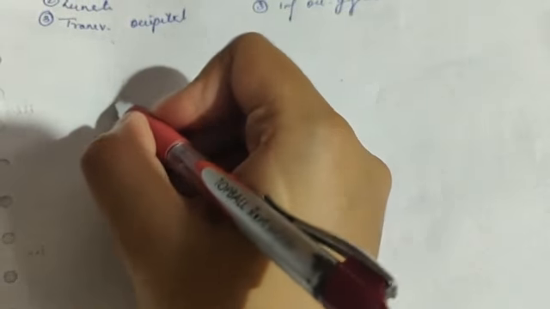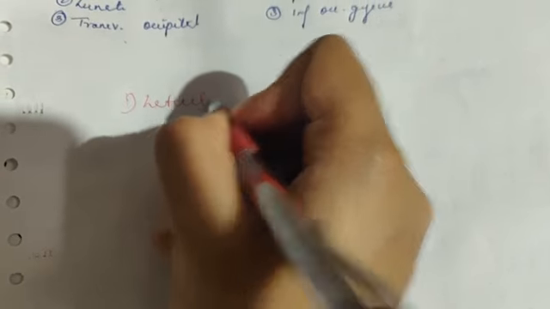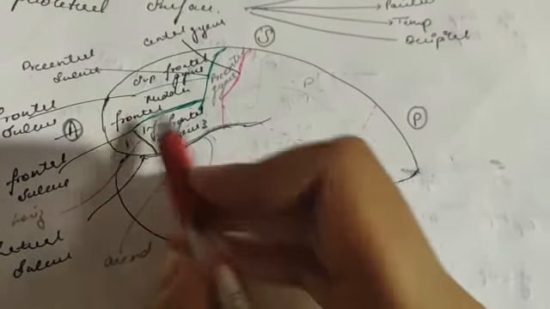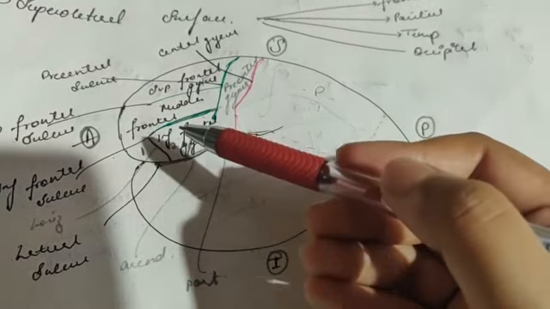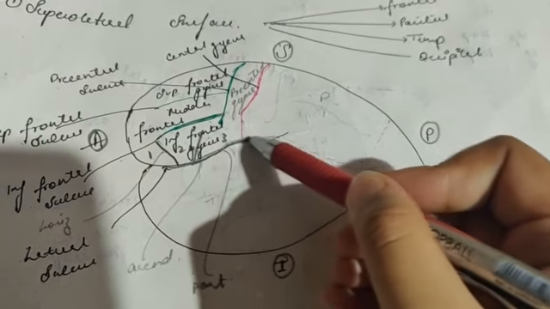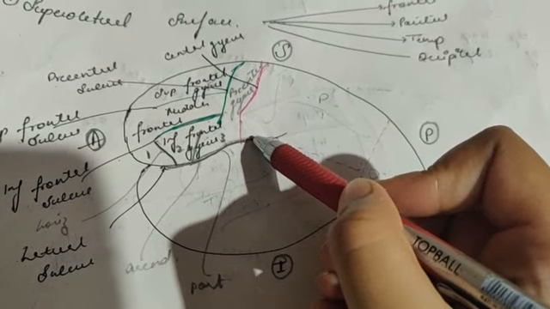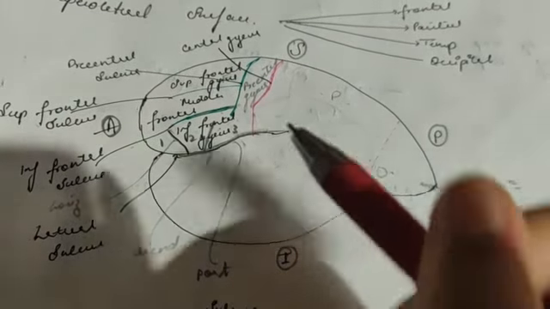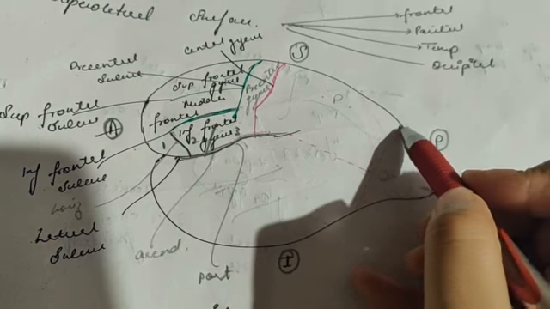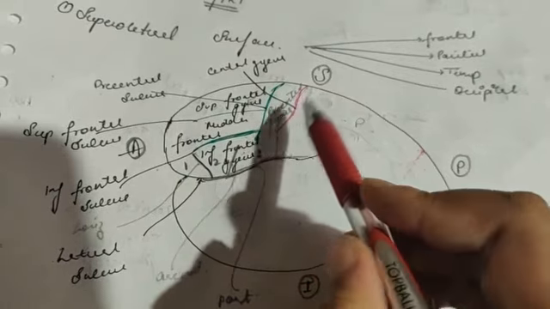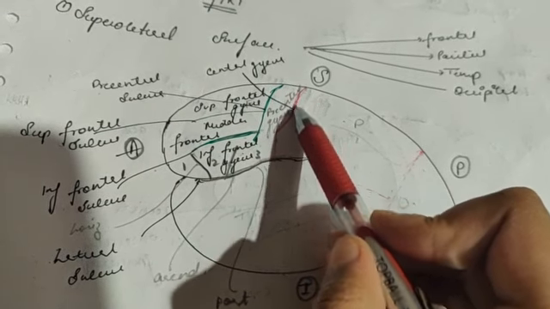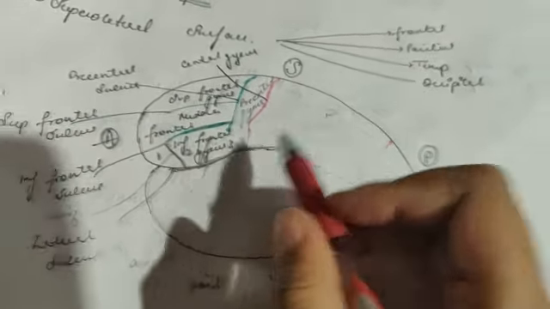There are three main sulci. That is the lateral sulcus, which we discussed in the frontal lobe, right here. This is the lateral sulcus, and it divides into ascending, horizontal, and then posterior rami, as we talked about in the previous video. Another important sulcus is the parieto-occipital sulcus, which is obviously between the parietal and occipital lobes, right here. And another important one is the central sulcus, which we already talked about.